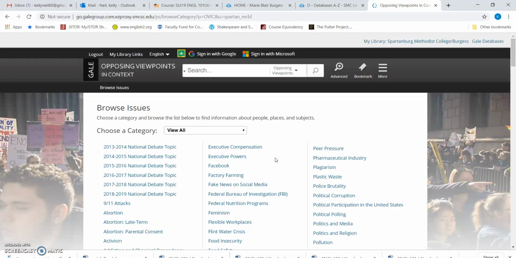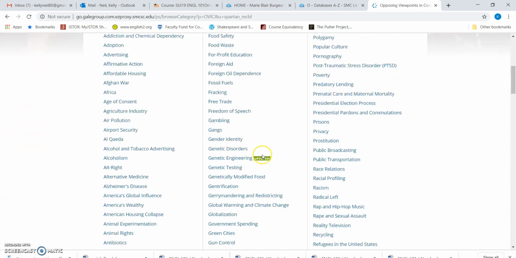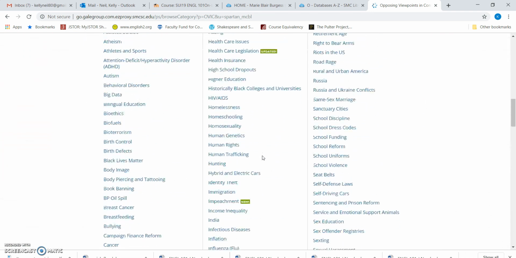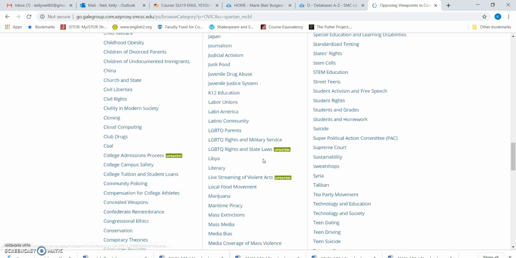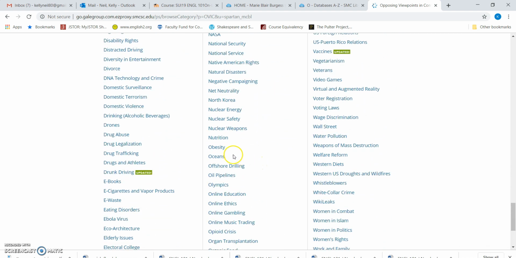So let's say that I am doing a paper on obesity, which is a more general topic that perhaps could relate to some of you who are writing on a sports topic, maybe. If I want to find some information about obesity, I can enter in my search term here in the search bar at the top, or I can scroll through the different issues covered in this database. And if I scroll down all the way to the O's, it's quite a long list, I will find obesity